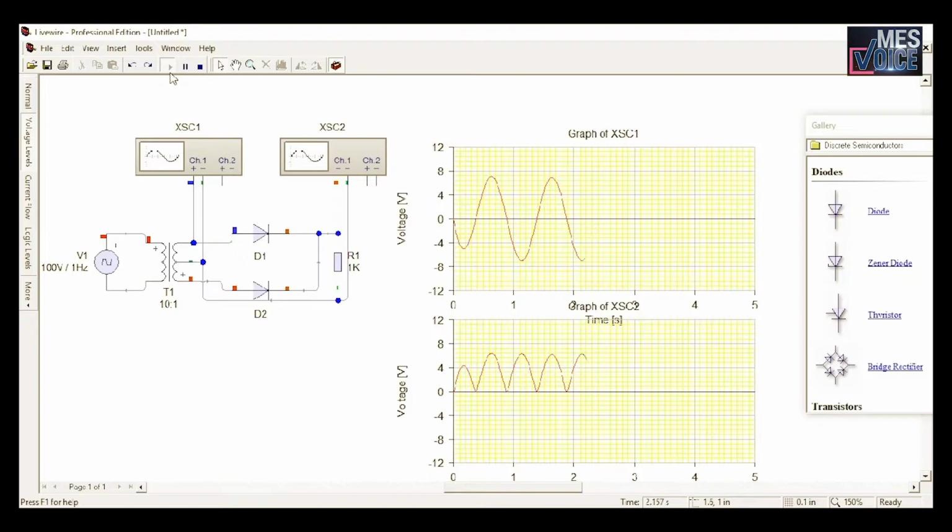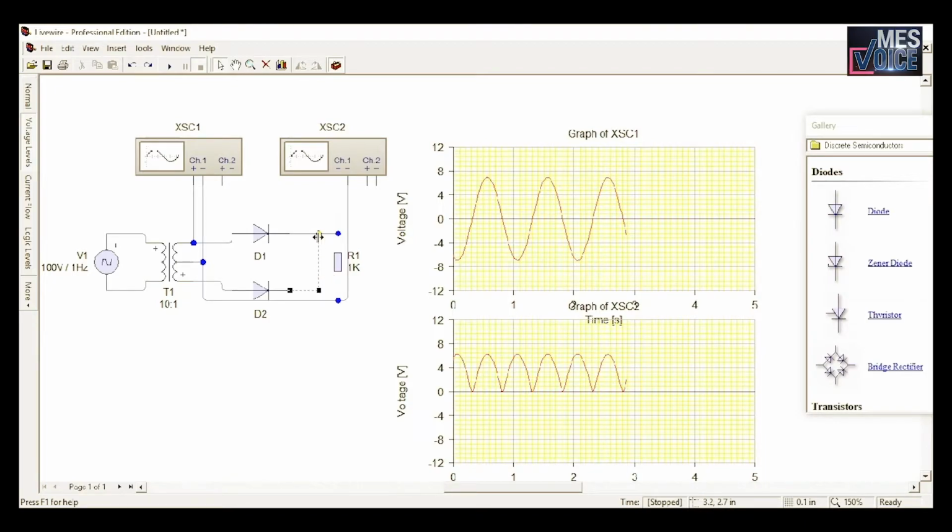Now the waveform of a full wave rectifier is shown in the graph, and we know in the full wave rectifier both the negative half cycle and the positive half cycle are present at the output, and this is the output of a full wave rectifier. Now we are going to add a capacitor at the output of the full wave rectifier. So, stopping the simulation,